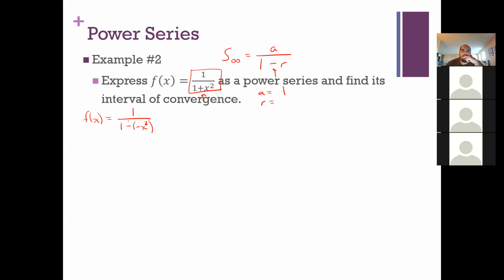So now that we have that, let's start representing this as a power series. We know that we have a geometric series if we make these manipulations. I know that my first term is going to be 1. What should my second term be? Would it be negative x squared? Yep, negative x squared. And then the next term would be if I multiply negative x squared by the previous term, so I get positive x to the 4th minus x to the 6th plus x to the 8th, and so on. That really should be a negative sign. So if I do that,